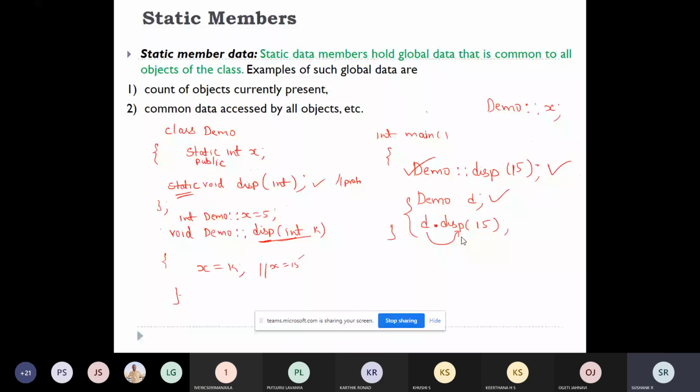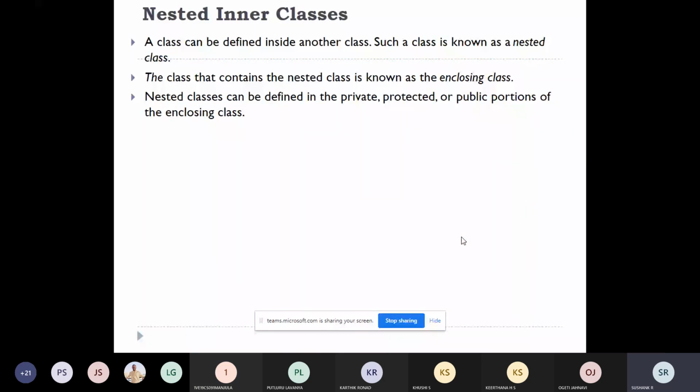So now we will talk about nested inner classes. What do you mean by nested classes? A class inside another class is called a nested class. For example, I'm writing one class: class A. This is how you write classes in C++.